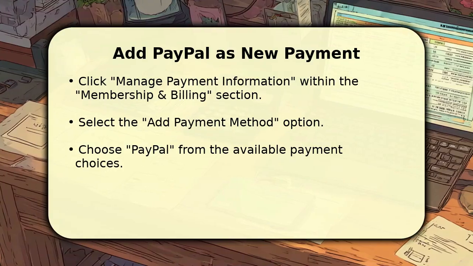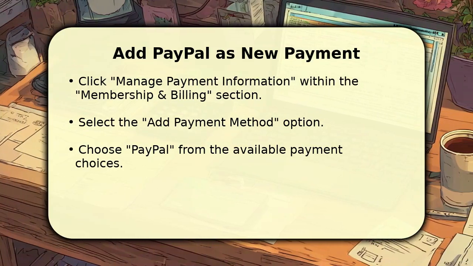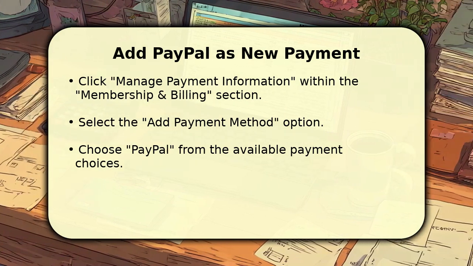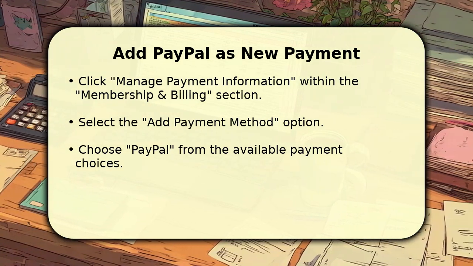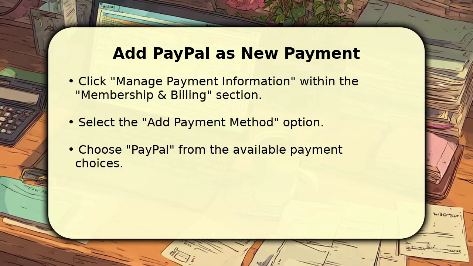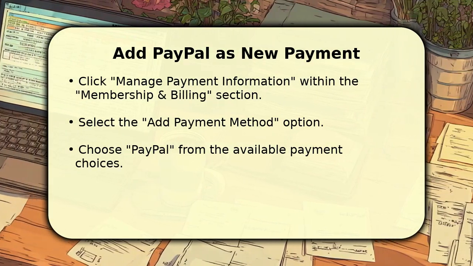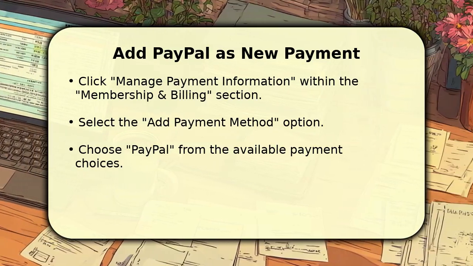You will then see an option to add payment method. Select this to introduce a new way to pay. Among the various choices presented, carefully select PayPal as your preferred new payment method. Netflix will then securely redirect you to the official PayPal website, where you will complete the next steps of linking